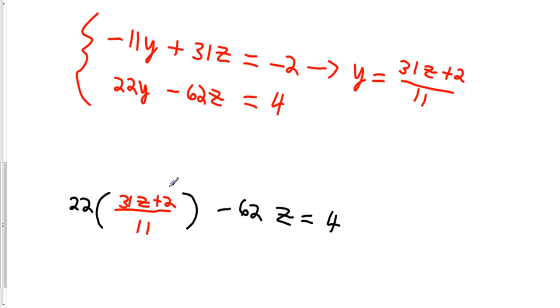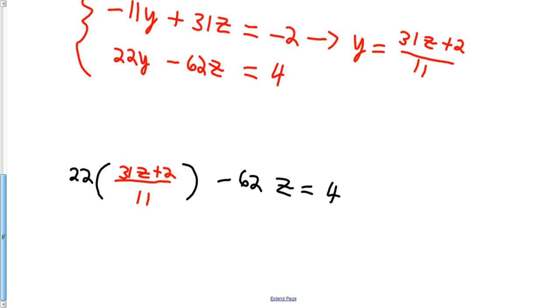So I have this now, which is one equation with only one unknown. My unknown is z, and I can use this equation to find z. Well, first of all, 11 has a common factor with 22. 11 goes into itself once and into 22 twice. Then I can distribute this 2, leaving me with